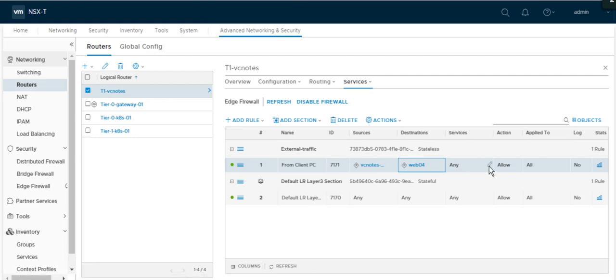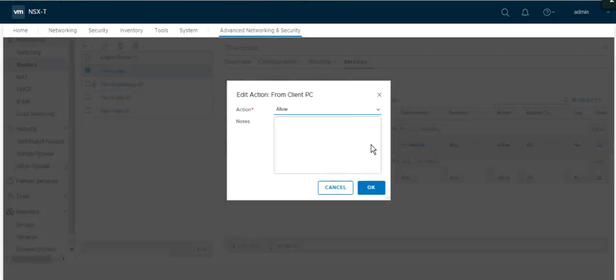In this way you can create a firewall rule here, and then the service you want to block: ICMP, FTP, HTTPS, HTTP, or anything you want to allow or block. You need to mention the service here, so I'm putting it as any, I mean even ping or my putty, nothing will be accessible. So the action is allow or drop, there is no deny here, allow or drop. So if I click on drop